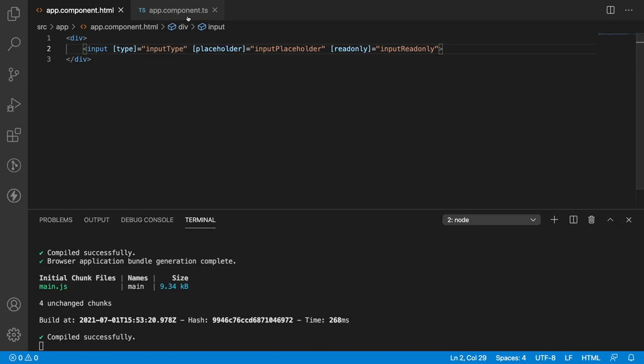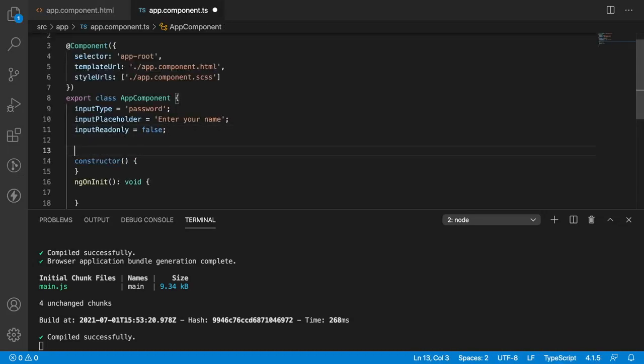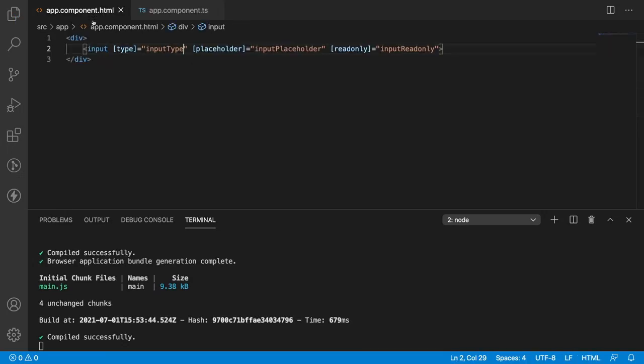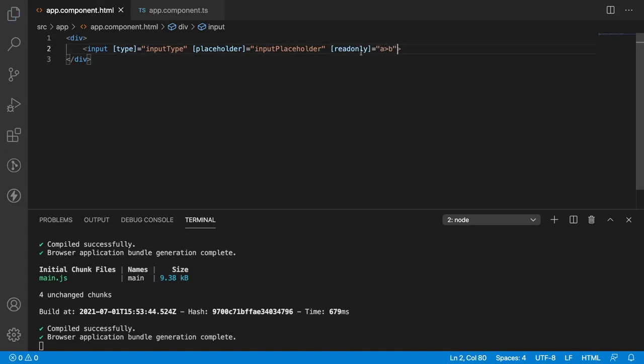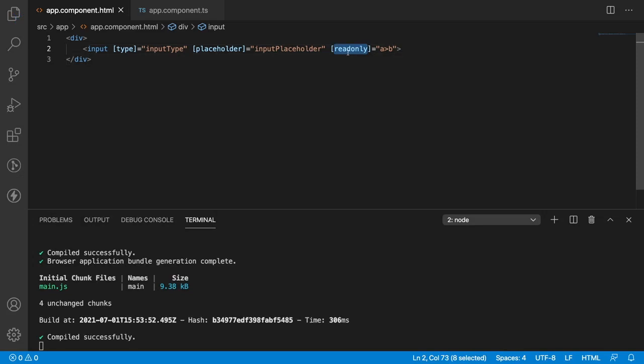Okay, so now let me create some variables like a equal to 10 and b equal to 20. So I can write even conditional statements for my property binding. For example, if a is greater than b, then it will return true or false. So based on the true or false, our readOnly property will work. Now a is 10, b is 20. 10 is greater than 20, false. So now readOnly is false. I should be able to edit the data. I'm able to edit the content.